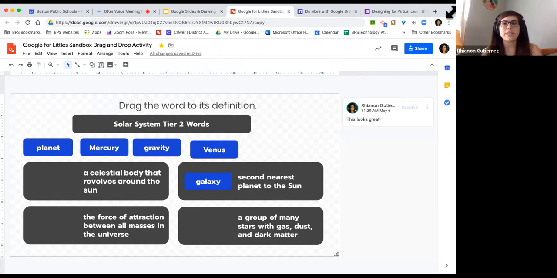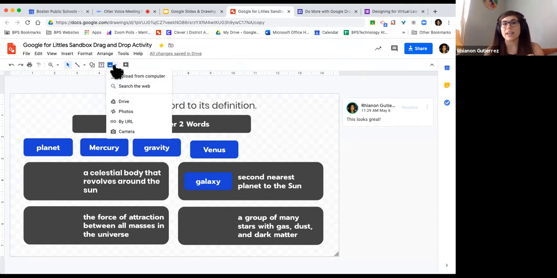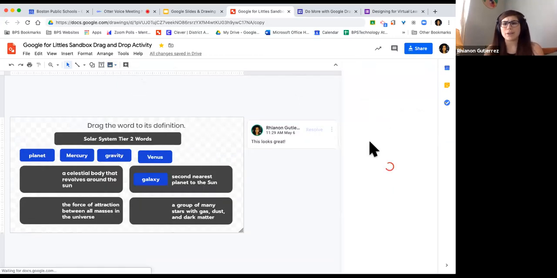With Google Drawing, you can do some fun activities like this, where you can play around with those icons in the top left corner to add things like images. You can upload them from your computer or from the web. For example, I'm talking about the solar system here.